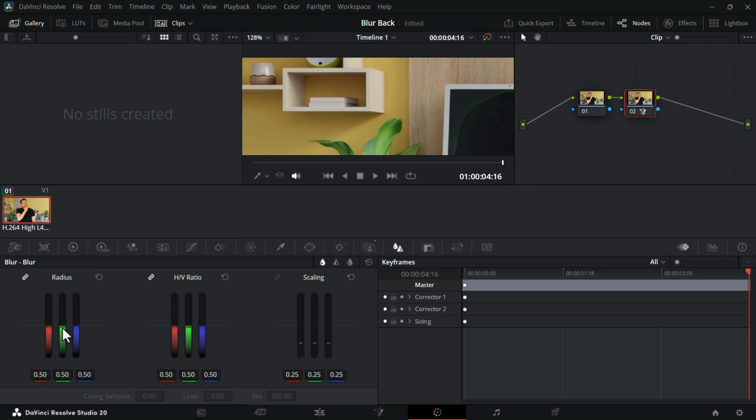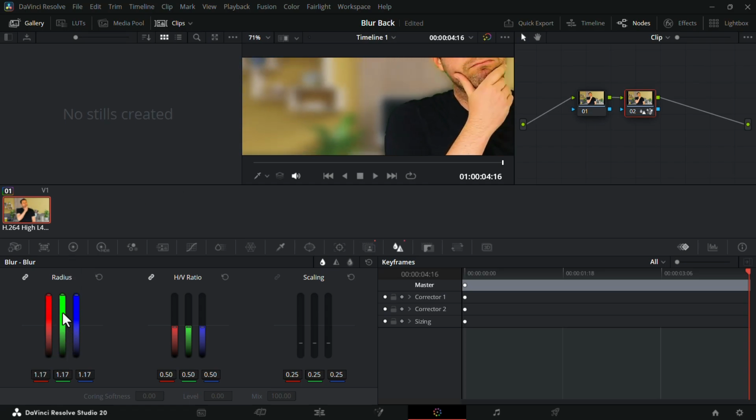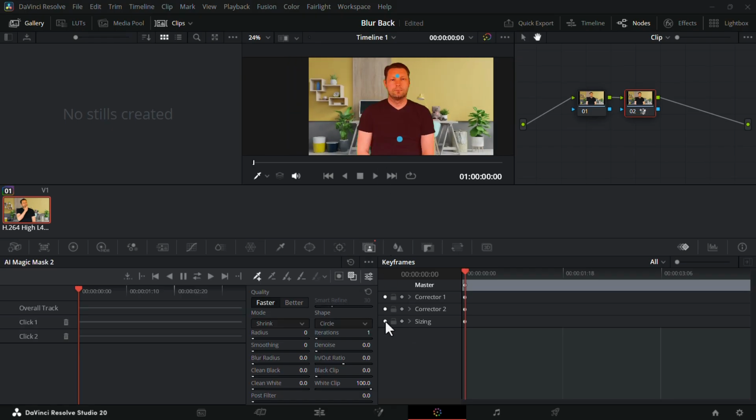Now, if I increase the radius, you can see the background getting blurred. You don't want to push this too far because it can start to look unnatural, but something subtle like this usually looks pretty organic. Now let's switch to the second method, which is the one that mimics a real camera